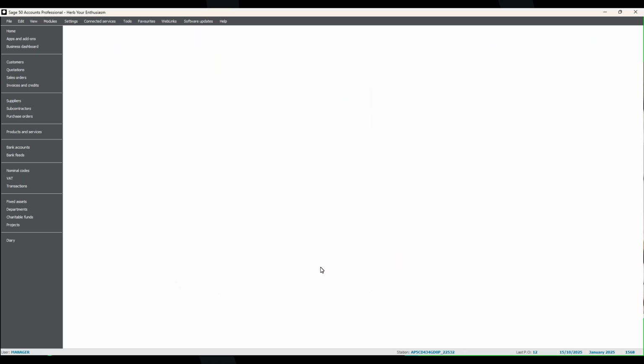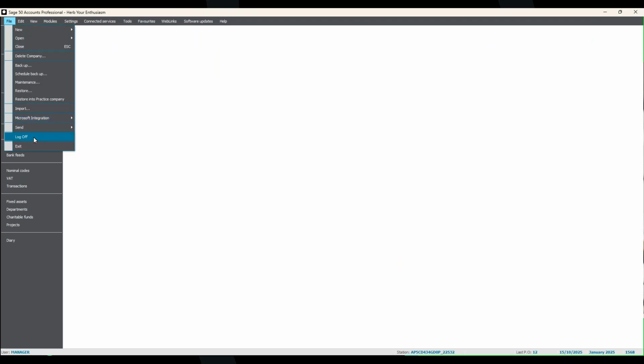Close out of that there as well. There's also remembering your logon details as well. So when you log on, if it's just yourself using the PC and you're just using your logon, I wouldn't use it if you're using a public PC, just if you're using a private PC, but you can store your logon details. So if I go to File and I'm just going to log off,